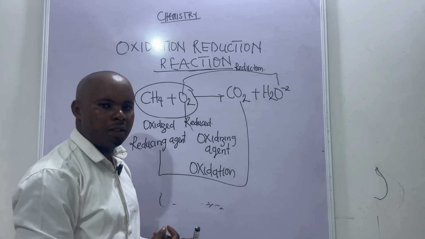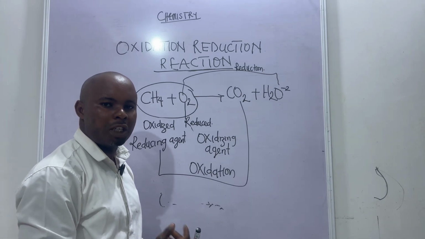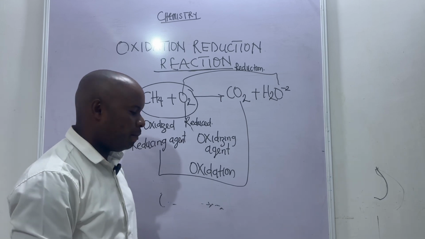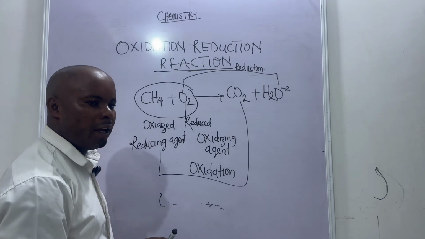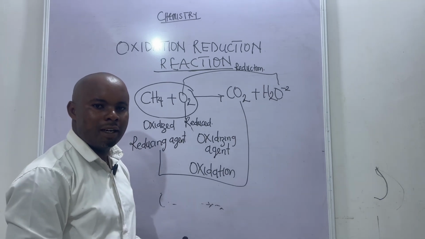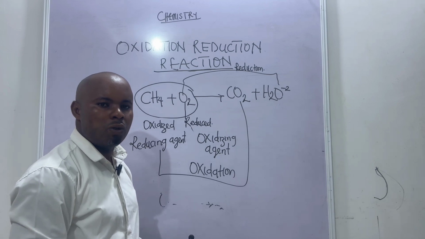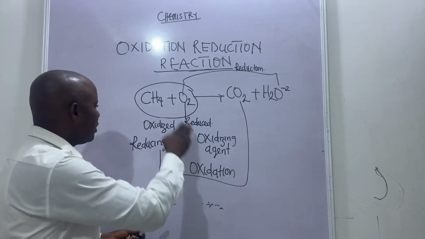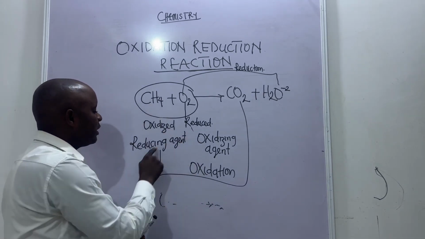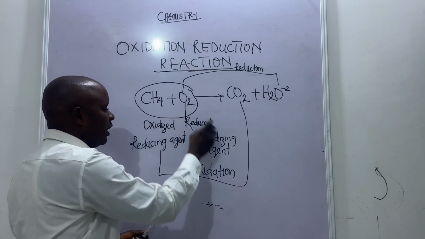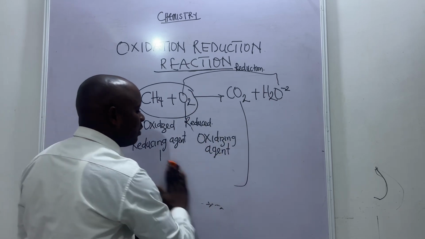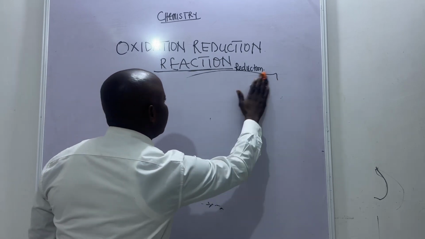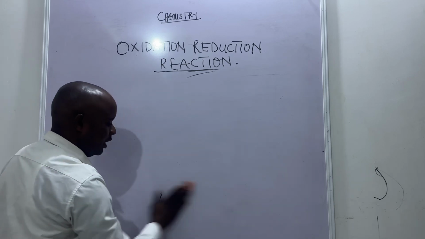So let me just point this out. In your SSC exam or JAMB, you might have a question that comes about oxidation and reduction. So if peradventure you have the electron at the left hand side or the electron at the right hand side, you should know what to do. So we're going to use a very good example to illustrate this aspect. So by so doing, the methane gas in this aspect is a reducing agent, while the oxygen here is the oxidizing agent. So let's use a very simple equation to bring out this oxidation and reduction for easy